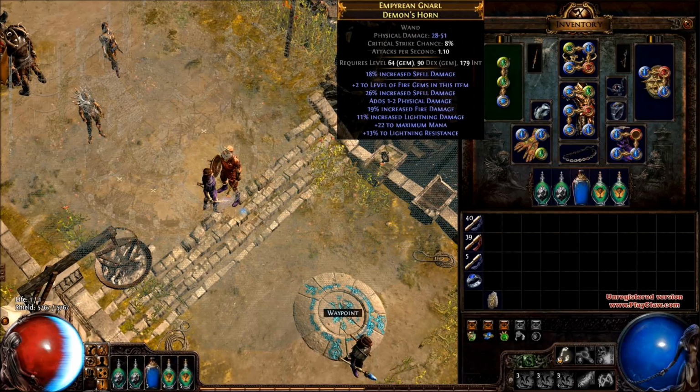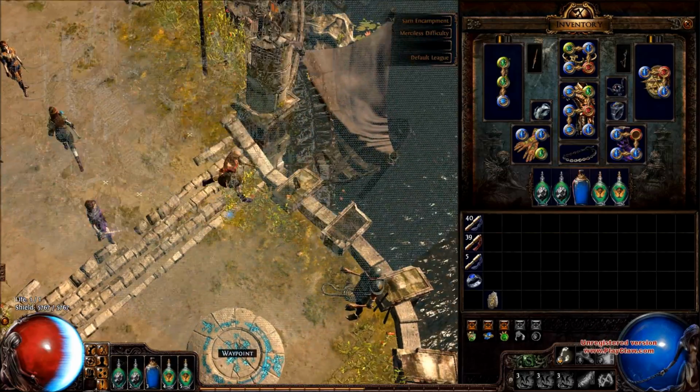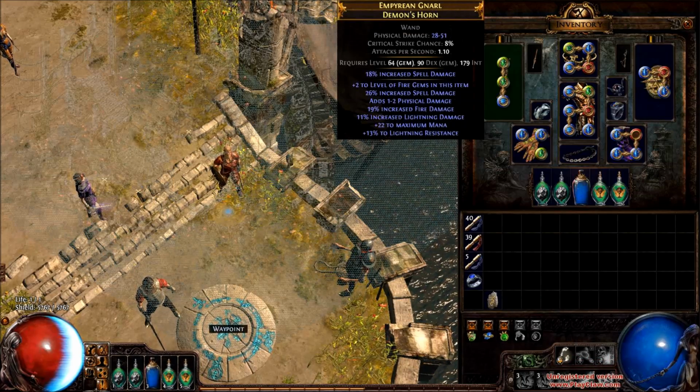I also have Fire Trap in a wand with +2 to fire gems, so I use 2 Fire Traps in it, and then Concentrated Effect, more single target damage, or damage in a smaller area. Spell damage doesn't affect Detonate Dead, so this wand isn't that good, but it's the best wand I could find